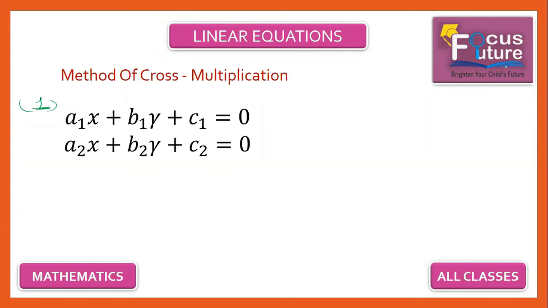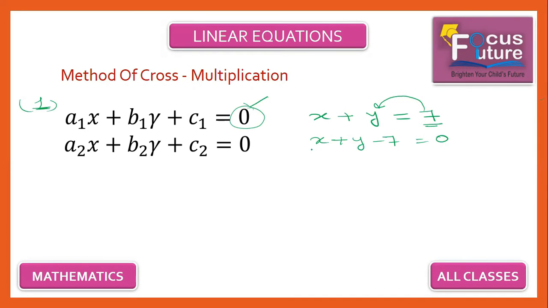So let us take an example. If I'm writing x plus y is equal to 7, this is my equation. Your rule says your equation should be of this form, which means on the right hand side you should have a 0. So to get 0 on the right hand side, you will take 7 to the left hand side. It is positive on the right, but if you take it to the left hand side, it becomes negative. So this would be x plus y minus 7 is equal to 0.